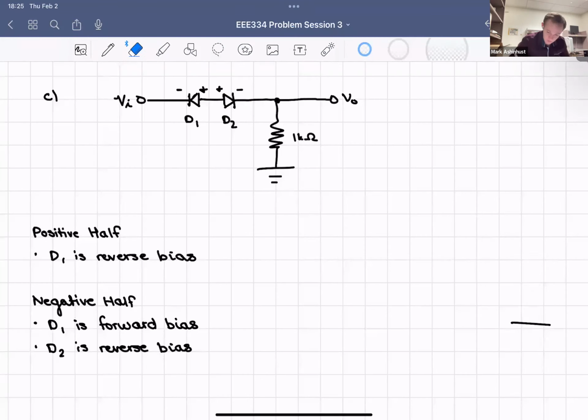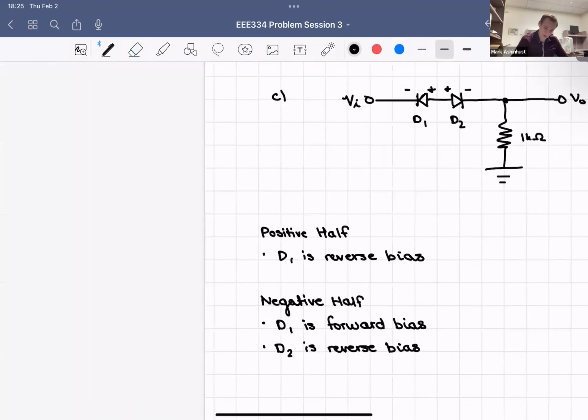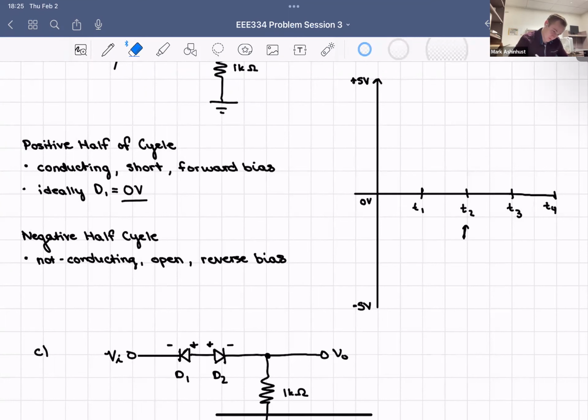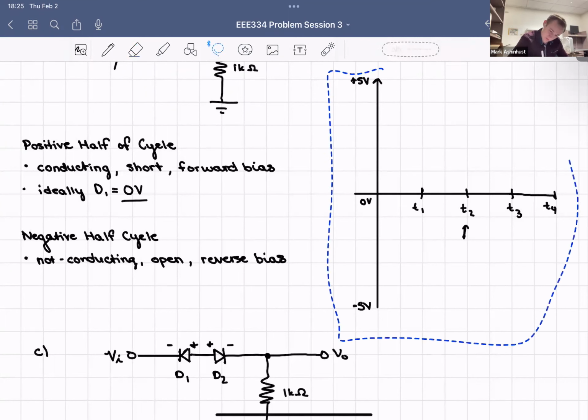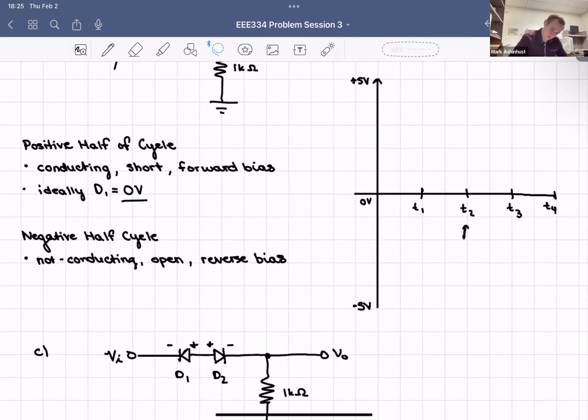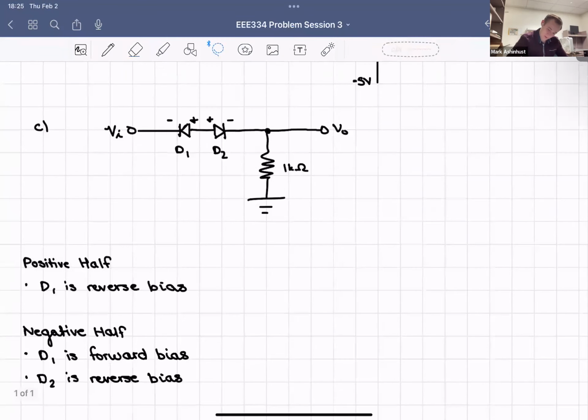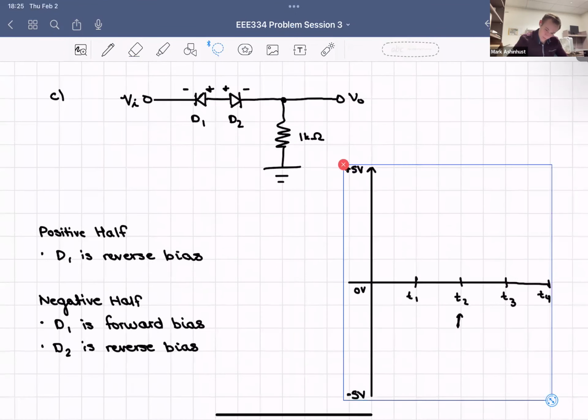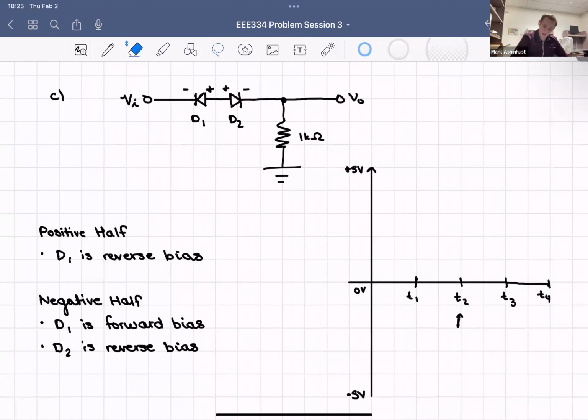So really what this graph is going to look like, and I'll go back to this, let me copy this so we can use it, so I don't have to redraw that every time. So back here to C, 5 volts, it's going to look exactly like this. It's just not going to conduct. There's no V out. V out should be here. There's going to be no V out, which means our peak